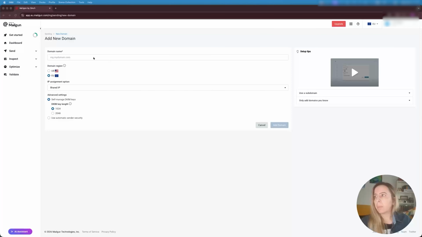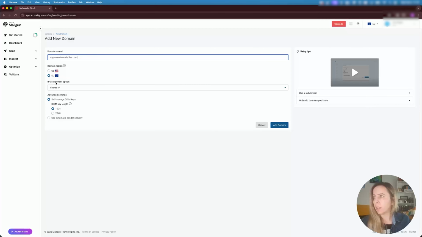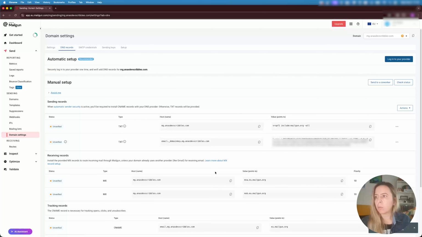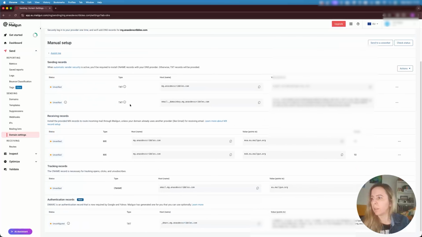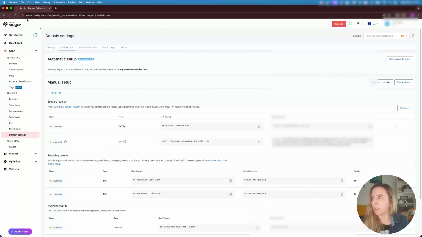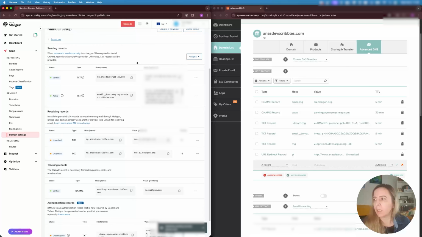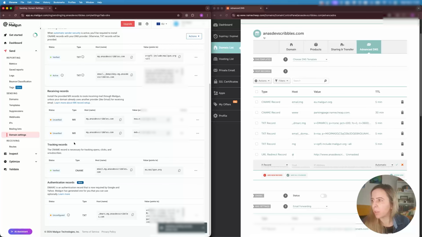For setting up Mailgun, connect your domain. I'm in the EU, and add the domain. Then it will ask you to add the DNS records, but you don't need to add them manually, just log into your provider. It will automatically detect your provider and the records are set up automatically. And if I check the status, I can see that Namecheap's automatic setup is really crap because it didn't set up the important MX records for sending the email and one more DMARC record, so I'll have to do it